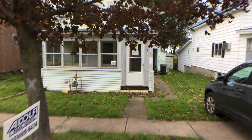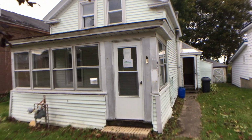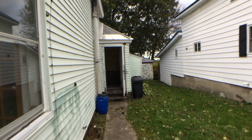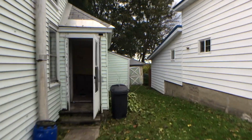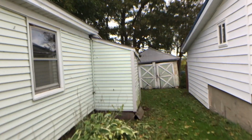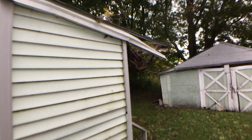This is a front row seat. Can't get any better than this. So if you want something cheap to fix up, this may be a great opportunity for you. All right, so I want to go back and show you what I've noticed here is a little bit of an issue. I don't know whether it means the whole roof's going to need to be replaced, but this porch